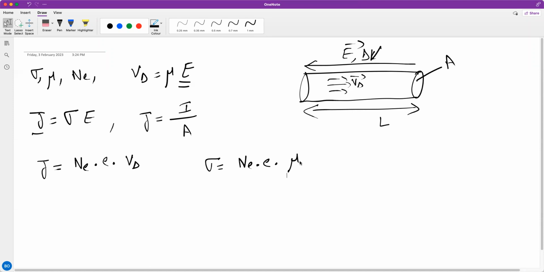As I mentioned, remember the electric field, in this case, will be the potential difference divided by the length. So all these formulas, you will have to play with them depending on the situation. Okay. Then we went on and